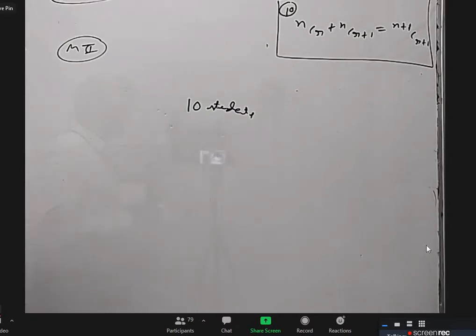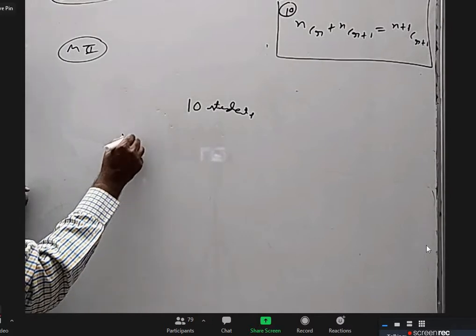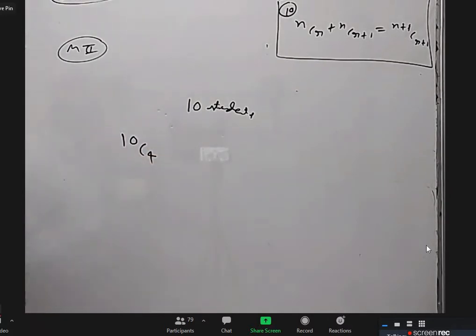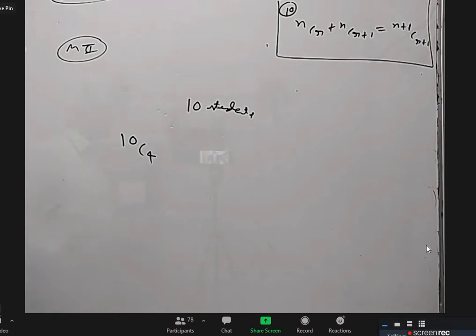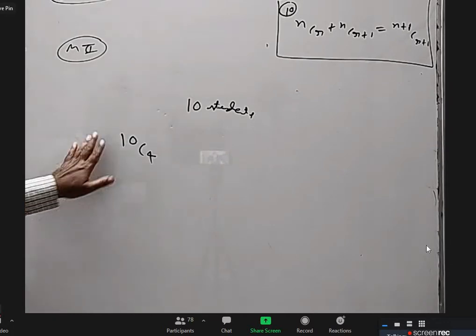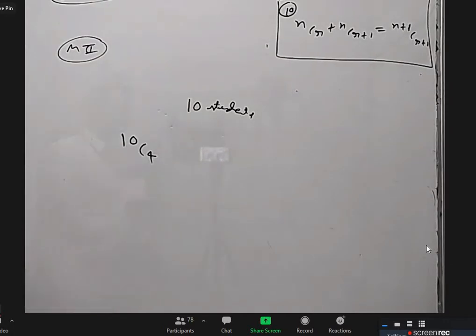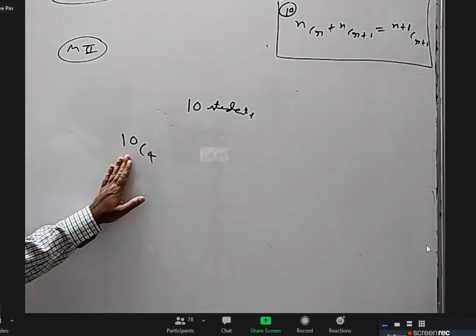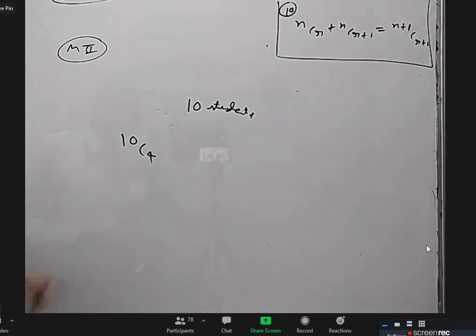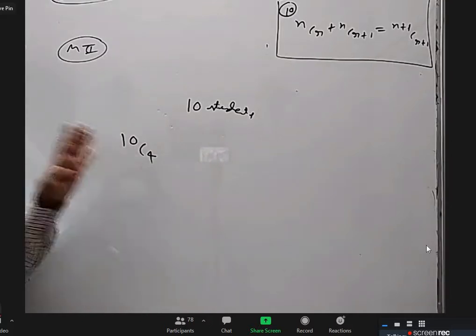10C4. NC4. How this came, some of you might have studied in some foundation course or techno-syllabus. Others, don't worry. Last year, I told for KVPY. But we'll discuss in the next chapter. You have to just wait for 2 weeks. But 10C4 means from 10 items, selecting 4 items.